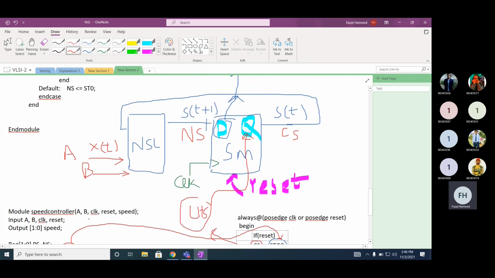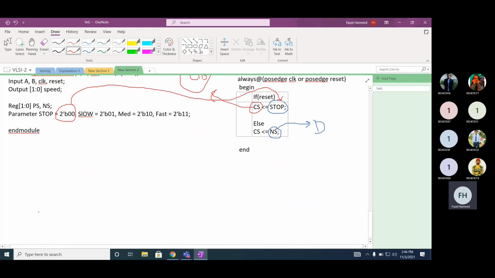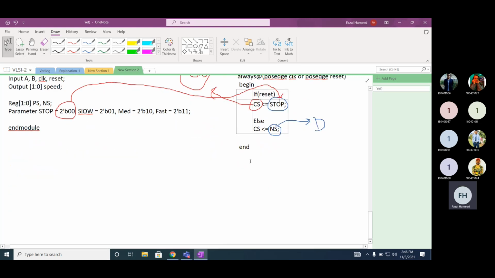Now we want to model NSL. If you look at the NSL, next state logic, this next state logic is a combinational block. So in the next state logic, your next state is your output. What is your input? A, B, and the current state. So can we write it like this?